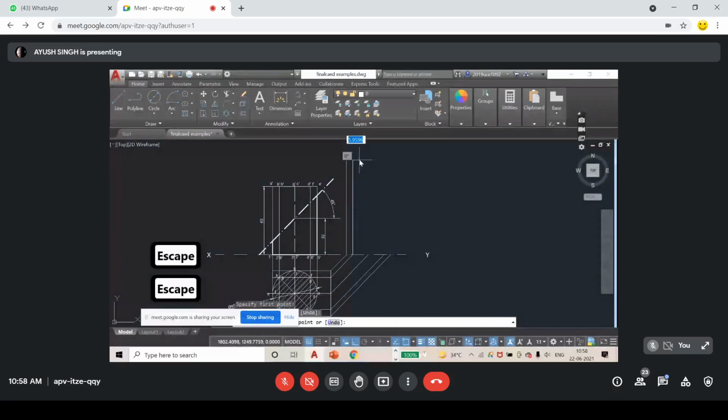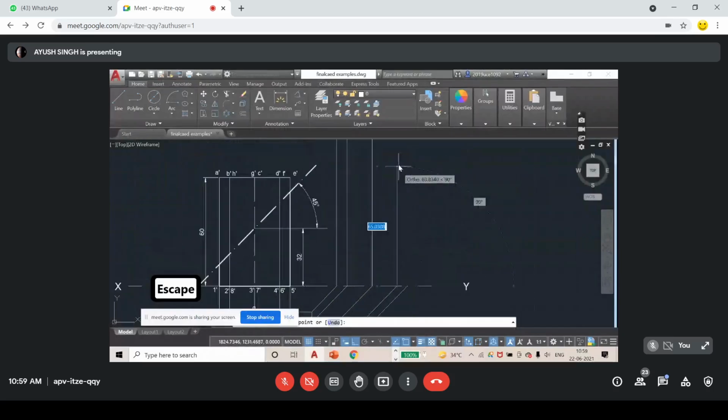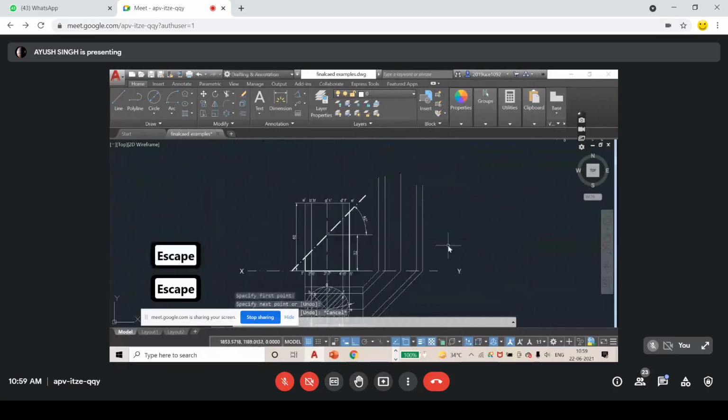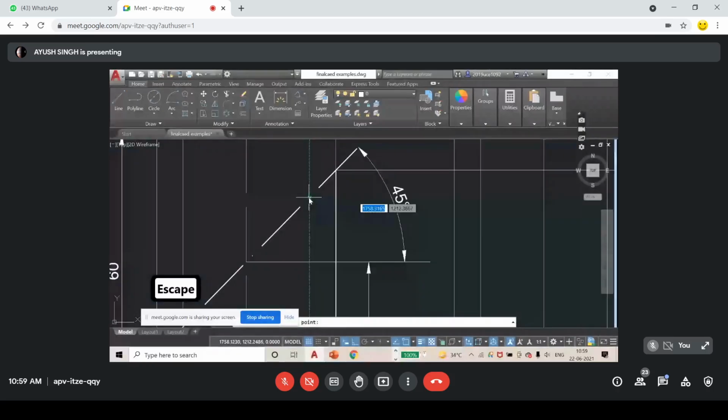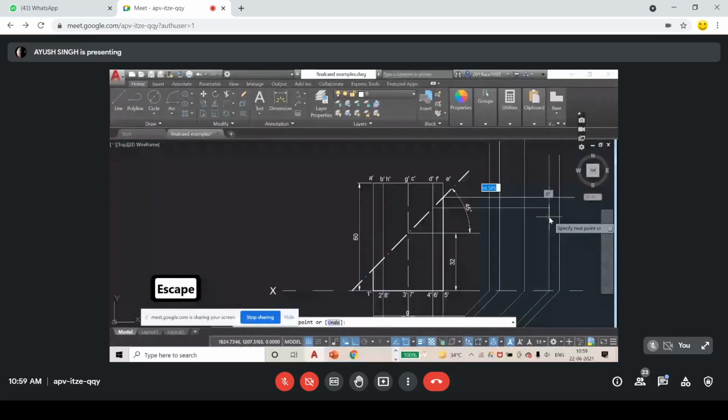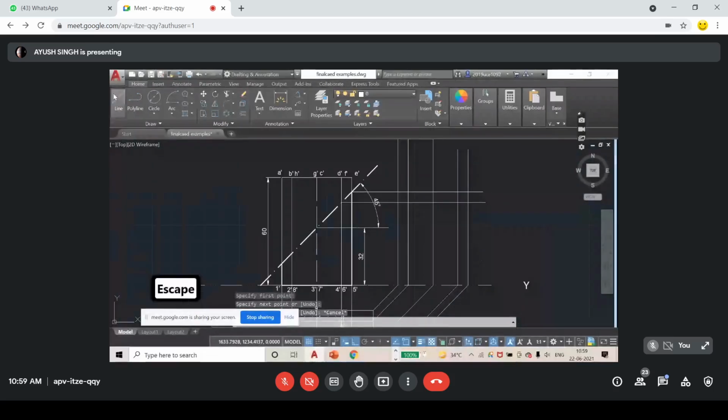If someone is from chemistry sem, then they have already done this section. Maybe physics sem students have not reached section till now, but don't worry. When you reach there, you can rewatch it. I'm doing the same steps. See, I am choosing these points where the section line is meeting here, so that I can get the corresponding sectional side view. You will see what the sectional side view looks like right now. Just a minute.